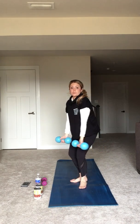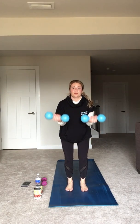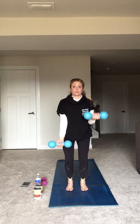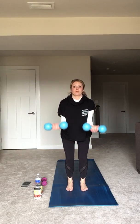All right, we're going to curl it into our chair pose. Up, 2, 3, back in, 2, 3. Up, back in. So option here, one arm at a time. Keep your chest open, squeeze your shoulder blades, relax your shoulders up and remove them away from your ears. Up, back in. For 8,